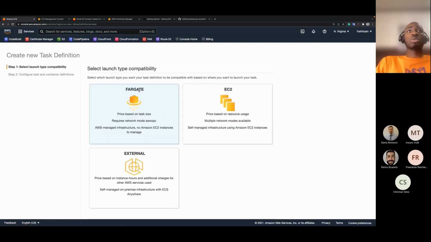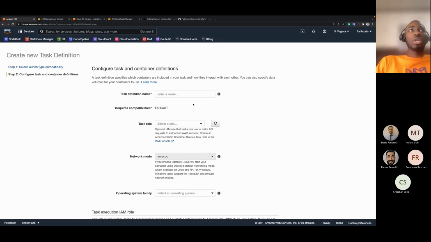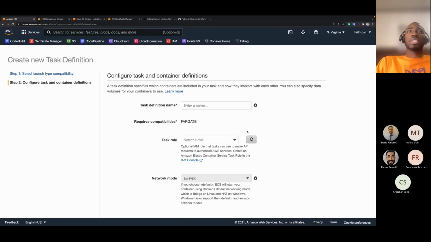Of course, we are using launch mode Fargate, and I think we have the next step. By the way, if you can't see my screen, just notify me. I can probably even increase the size. Okay, perfect. So we have the task definition name. You can name this anything. So let me call this ECS